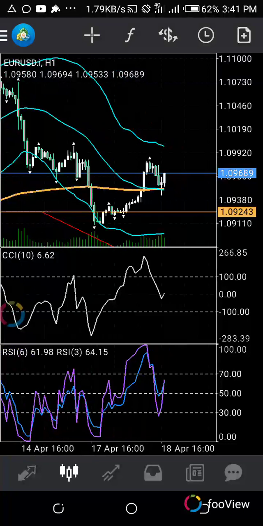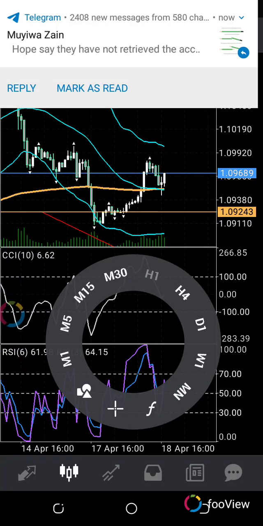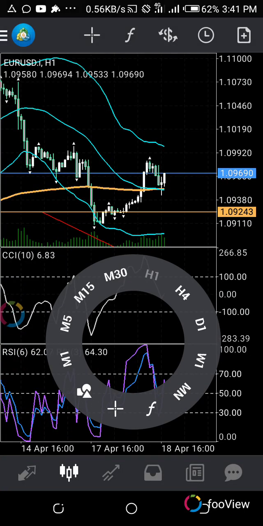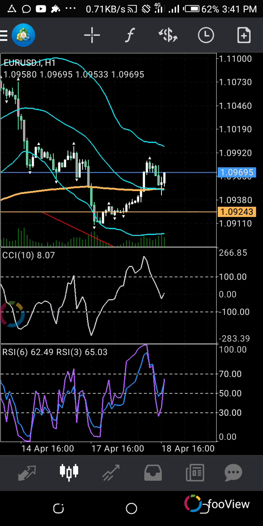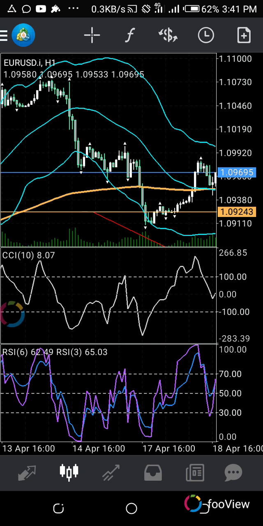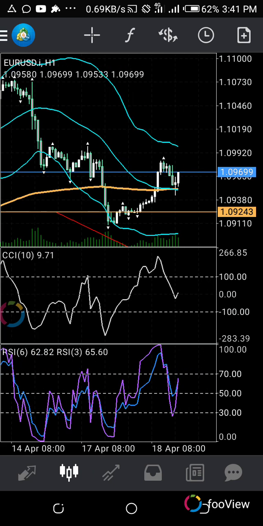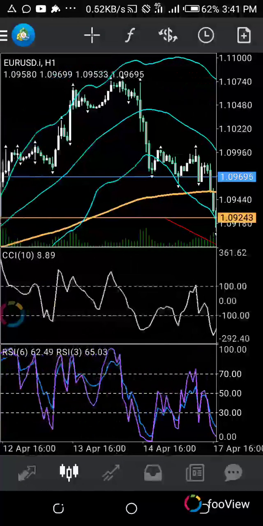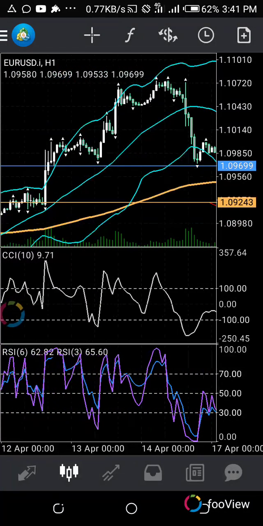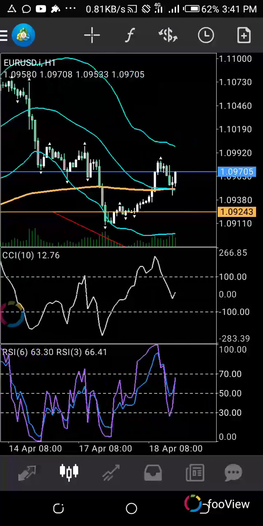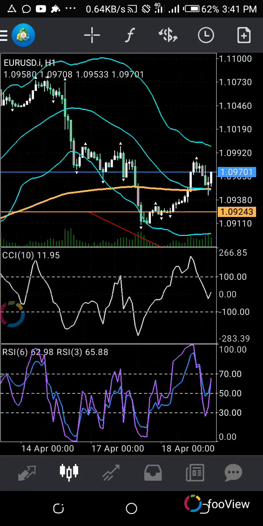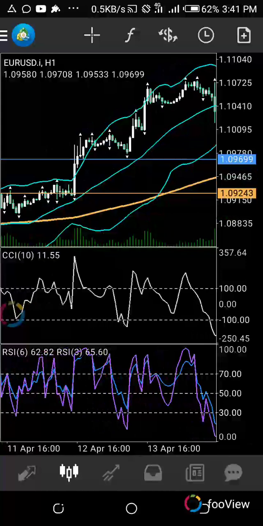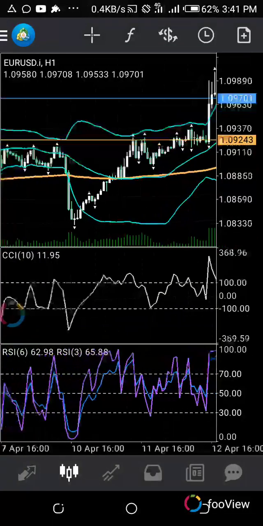So go and check the first video for how to draw the support and resistance, how to fix your fractals. I'm going to do a video on how to draw the support and resistance again. I'm getting some messages from people that they are not getting how to fix it. So I'm going to do another video that will talk more on how to fix the